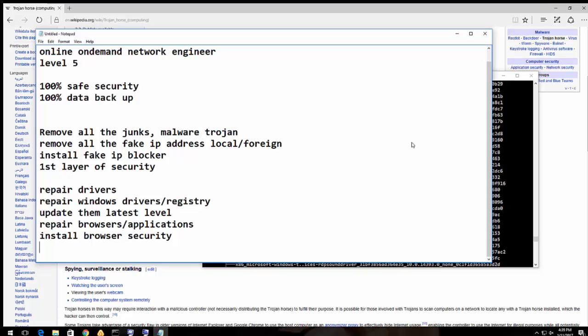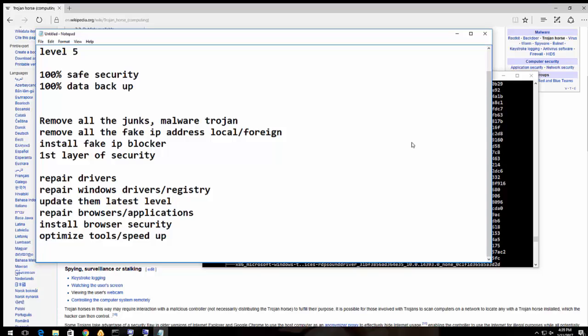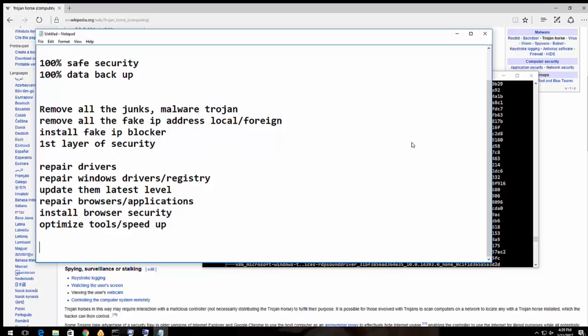Now, after that is done, we need to go ahead and optimize the tools, and we need to go ahead and speed the computer up. Speed up means we need to tune up the computer tools, and that is when the computer would be in perfect condition. It will be working perfectly fine. The speed will go fine, and then we need to go ahead and install the network